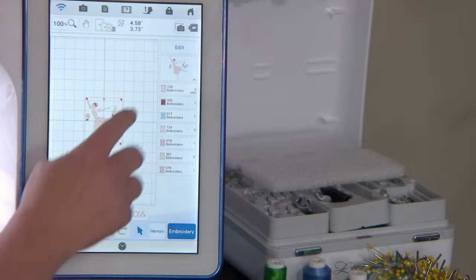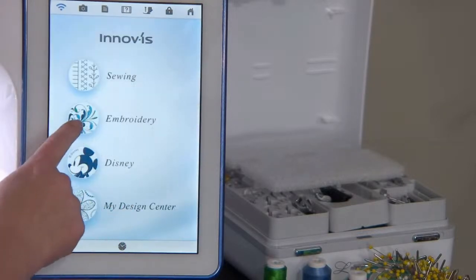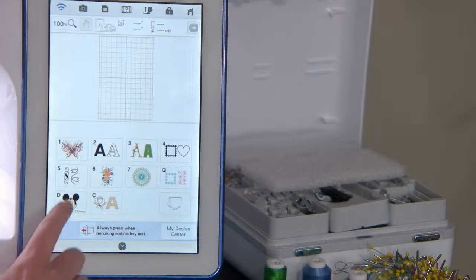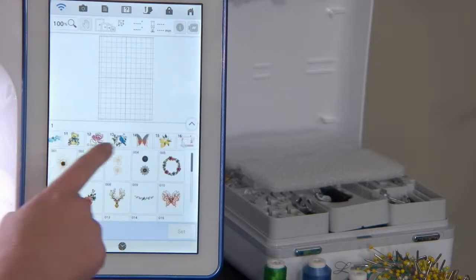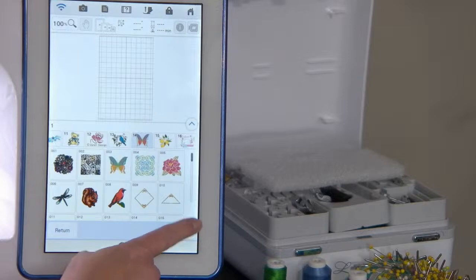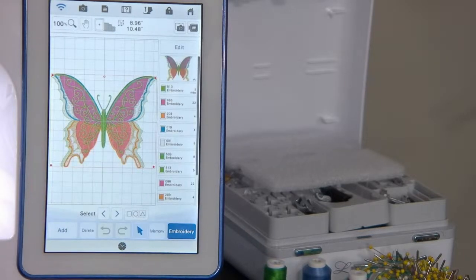Oh, that's a terrible colored one. Let me pick something that's got a darker color to it. And you can turn any part of this into an applique.